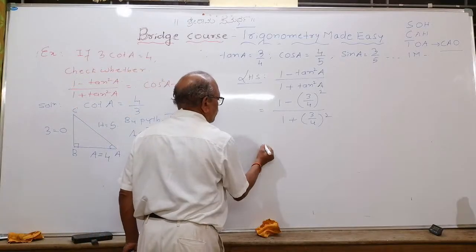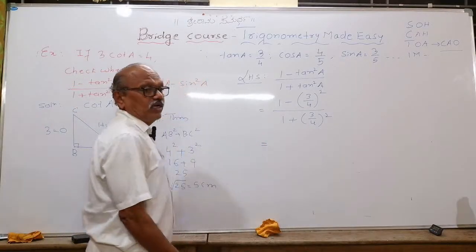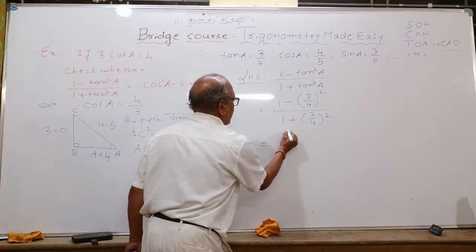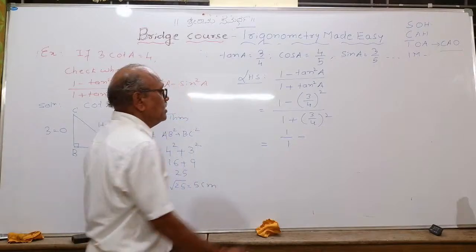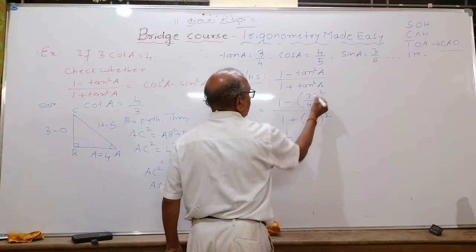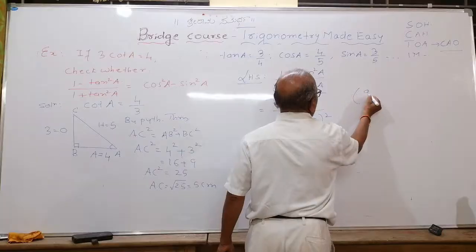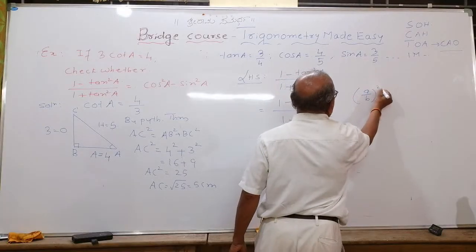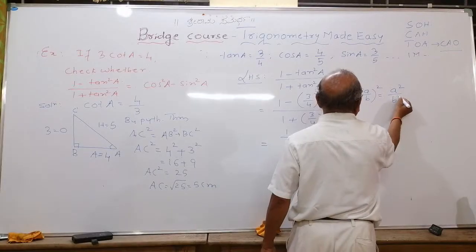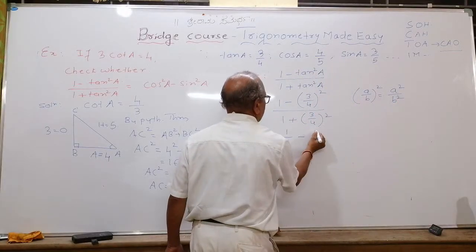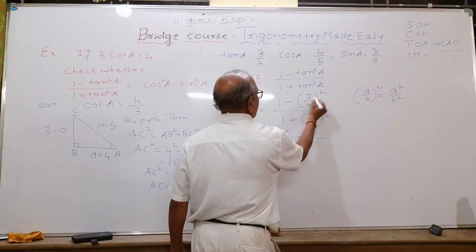Arithmetic. Many students fail in calculations. Particularly this one, you can write it as 1 by 1 so that you can understand it is a fraction. 3 by 4 whole square. What is 3 square? What is A by B whole square? Remember the identity: A by B whole square is A square upon B square, you use it. A square, 3 square is 9. 4